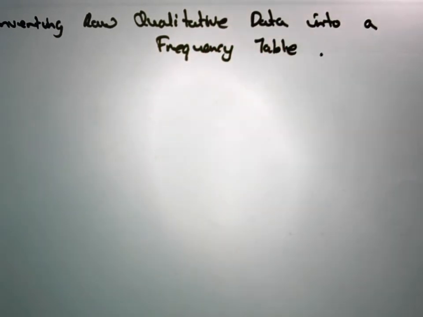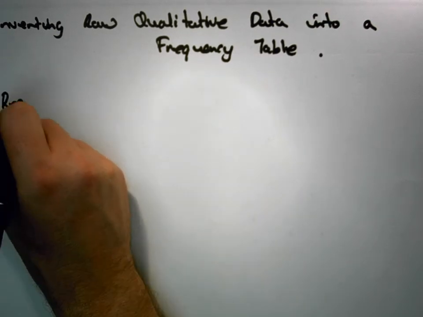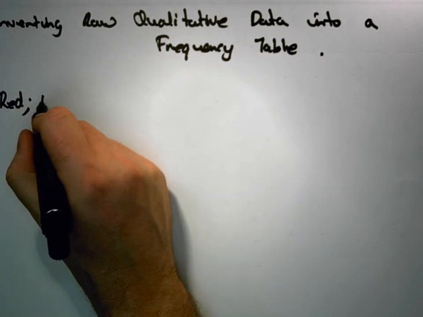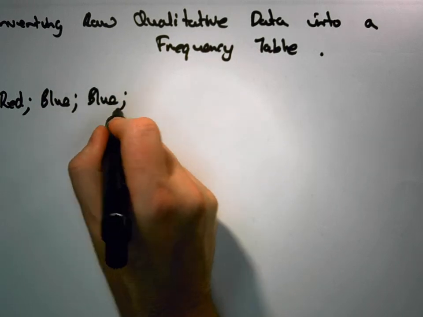Okay. So let's say we perform an experiment. The experiment is a simple experiment where we ask a number of people what their favorite color is. Let's say the first person says red. Let's say the next person says blue. Let's say the next person says blue, green,